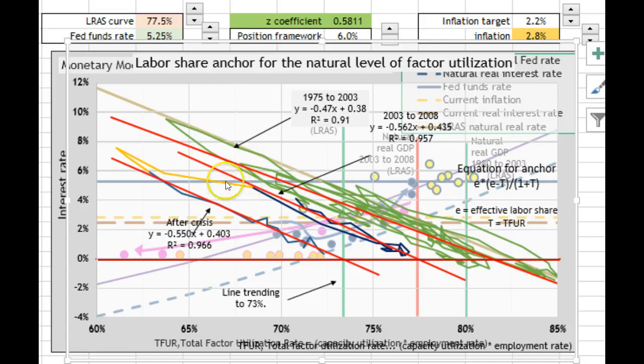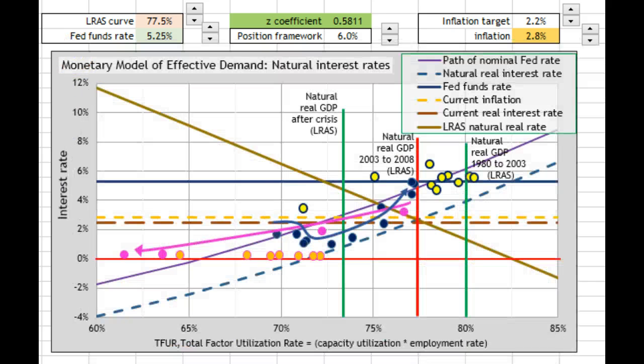And so the story going forward here is that it's shifted back down to here. I'll be talking about that a little later on. Okay, let's go into the data now. Now that we know that there are these different levels of natural real GDP,